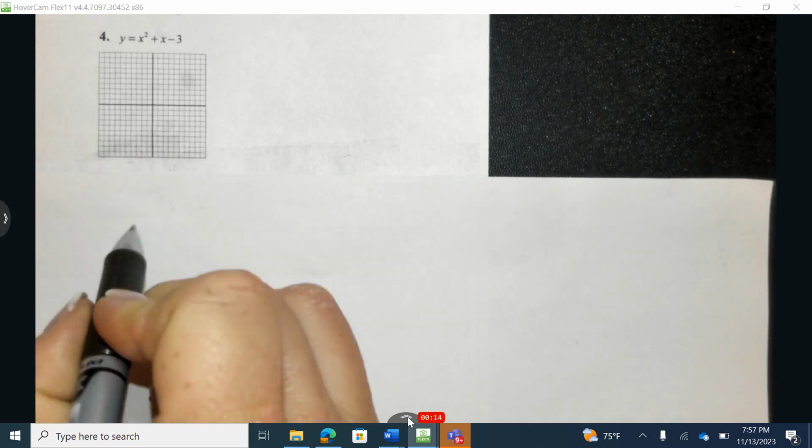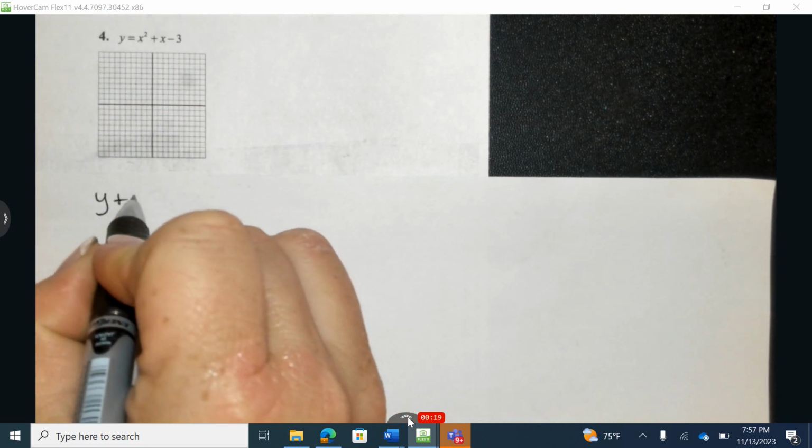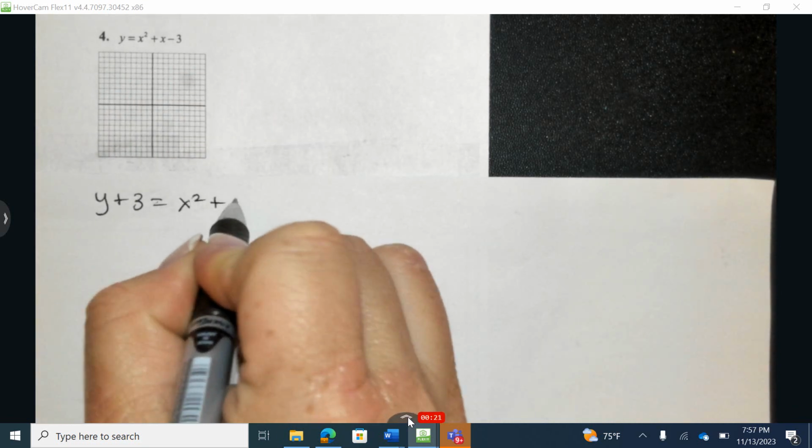It's easy to assume that number 4 may be the easiest of the 4, but it's actually a little more work than problems 1, 2, and 3. Let's first start by rewriting this in vertex form, and I'm going to do that down here. So I'm going to add 3 to the opposite side to get x plus 3 equals x squared plus x